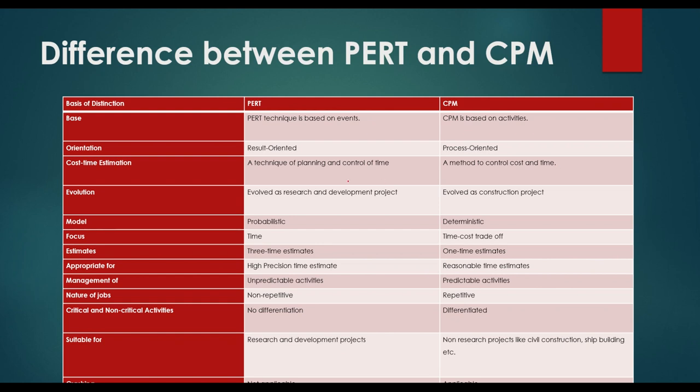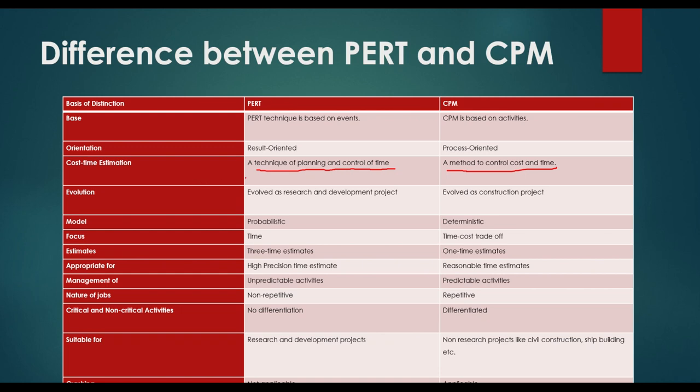So here, in nutshell, we can say that PERT is only about planning and control of time. It can only tell you how much time the whole process is going to take. But CPM focuses upon how to control cost and time. It focuses upon how to reduce cost and time. But how it is going to do it, there is another set of questions. We call it crashing questions that we'll discuss later on. That question basically helps you to understand how to reduce cost and time. So that we'll discuss later on.